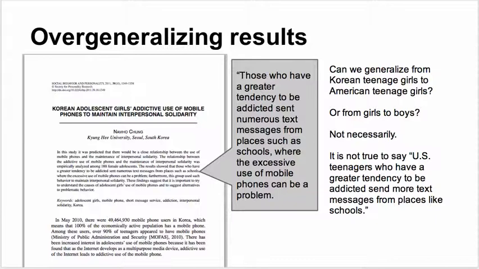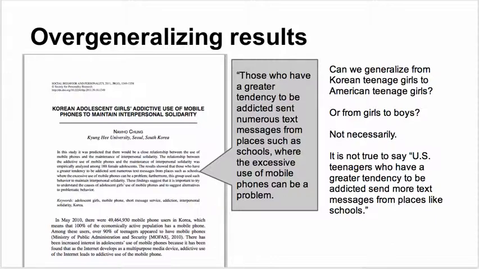So you may be tempted to generalize from this that young people have a problem with using social media and using mobile phones in school. But you may not necessarily be able to generalize that. For starters, this is a study that was done in Korea, and we really need to ask ourselves, how similar would we expect the results from high schools and teenage girls in Korea to be to high schools and teenage girls in America? In America, the cultural differences may be so great that we can't generalize these results.